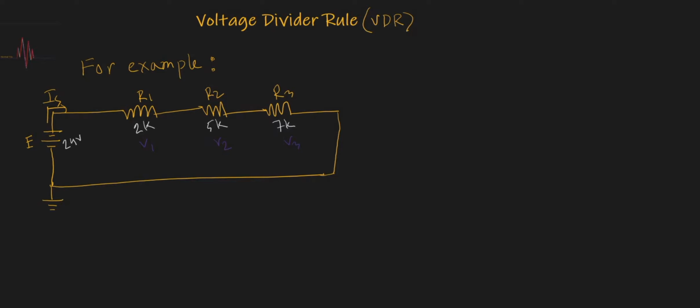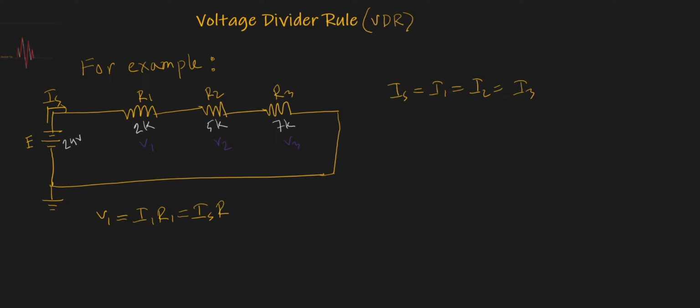We know current will remain the same in a series circuit. So we can write Is equals I1 equals I2 equals I3. Now we can write V1 equals I1 R1 equals